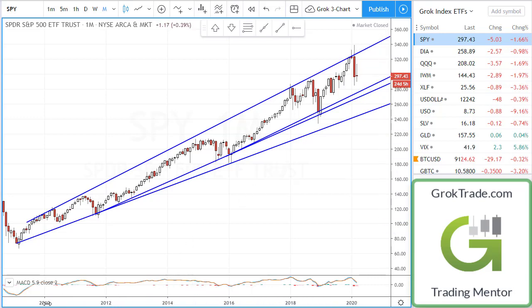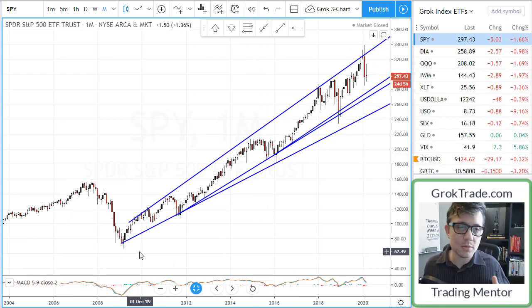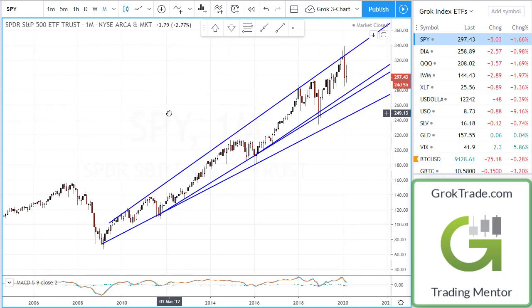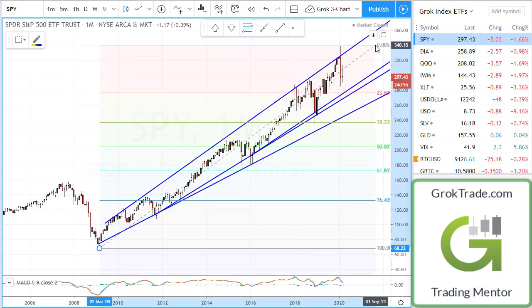Now, the question isn't if we're going to drop, it's when, right? Because the markets always go up and they always go down. And we need good reasons on when we do what, when. So this is interesting. If I do a Fibonacci here to this low, go up to this high,